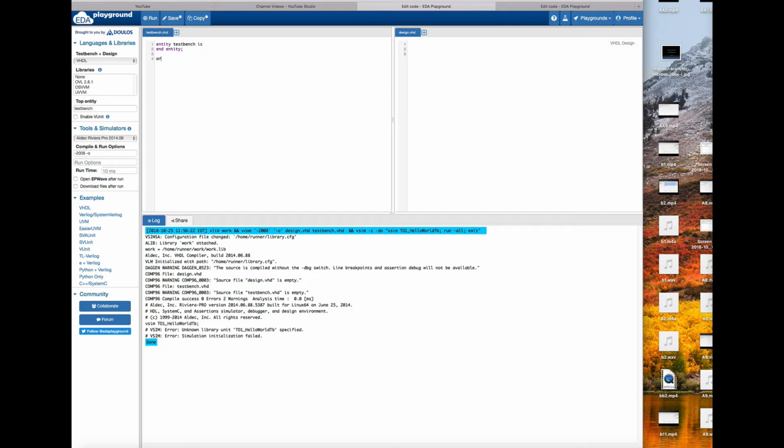Okay, so let's go ahead and put the architecture sim of the name of the program, that is test bench, is begin, processes, begin,